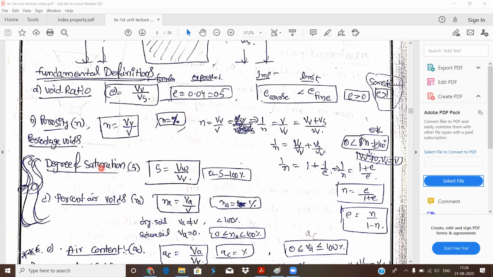Last time we discussed fully saturated and saturated soils. Saturation means the volume of voids is replaced by water. If the volume of voids is filled by volume of water, the degree of saturation relates to that. It is the ratio of volume of water to the volume of voids. The range may be 0 to 100%. For example, if we take dry soil, the volume of water is 0. Okay, in dry soil, I'll give you an example.